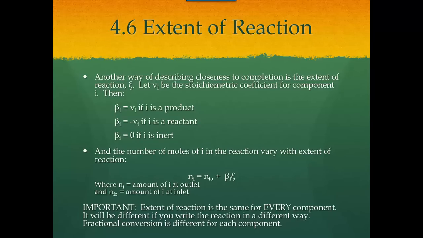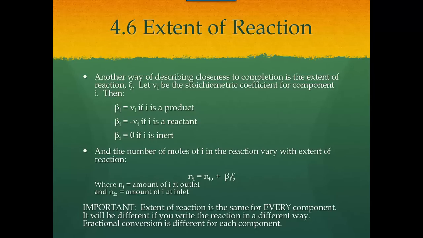I said there were other ways of talking about how much reacts. The other very common one is extent of reaction. We use the symbol ξ, or I call it squiggle, to define extent of reaction. If you use nu, the Greek letter, lowercase nu, let that be the stoichiometric coefficient for the component in your reaction. Whatever the stoichiometric coefficient is, if it's a product, it's positive. If it's a reactant, it's